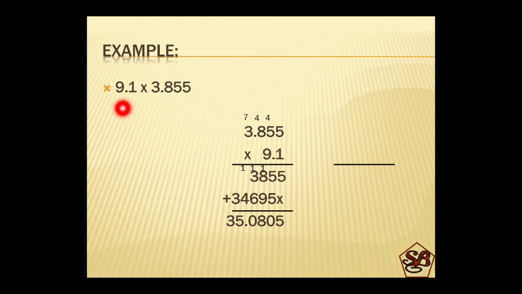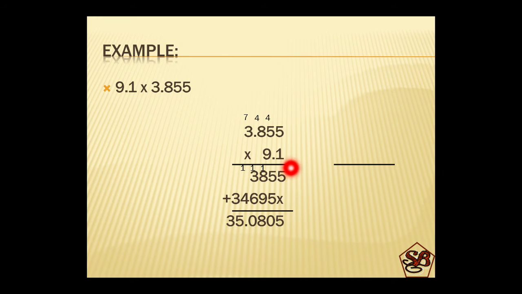Now here we have a number 9.1 multiplied by 3.855. Now this number has 2 digits in it and this number has 4 digits in it. So we will write this number on the top and this one at the bottom. Here 3.855 multiplied by